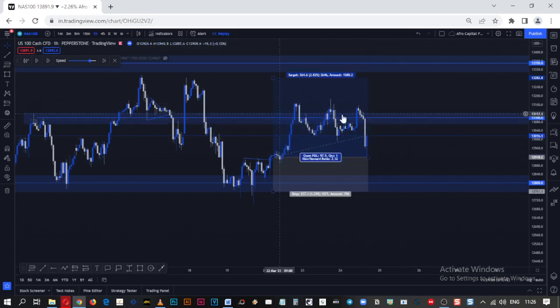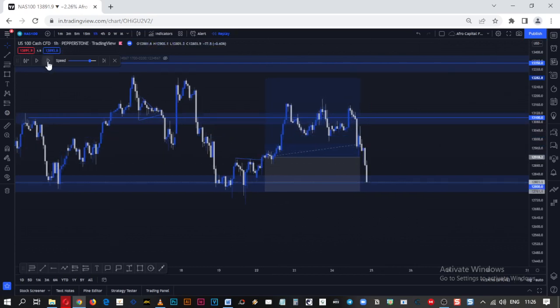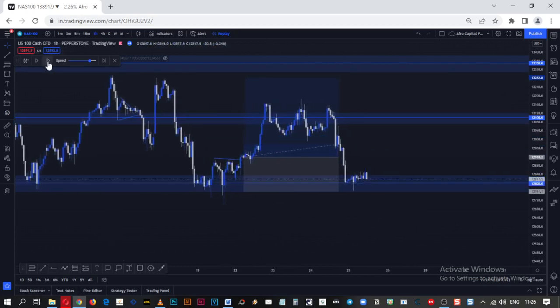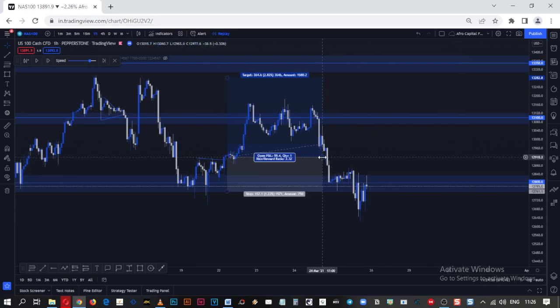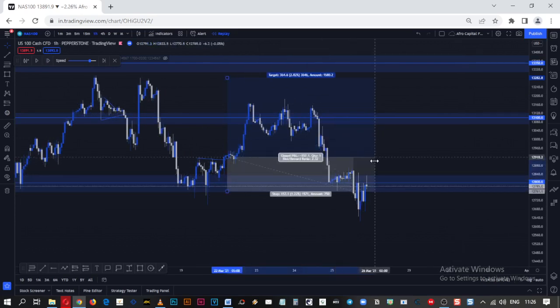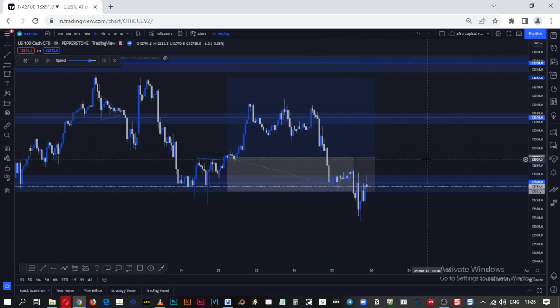It's sort of holding because there is some rejection as price goes towards it. Yes, it was holding, it's still holding, still holding, and then